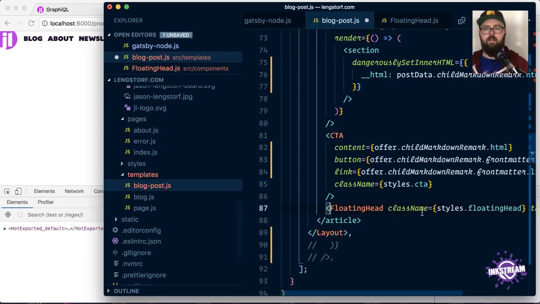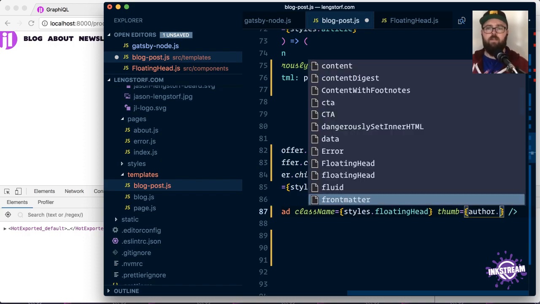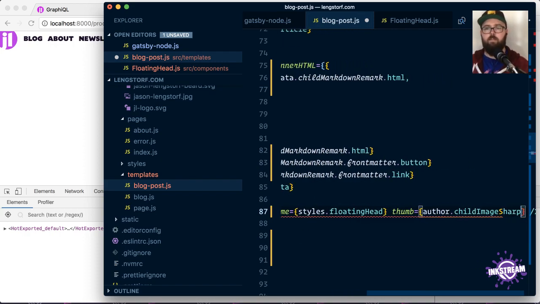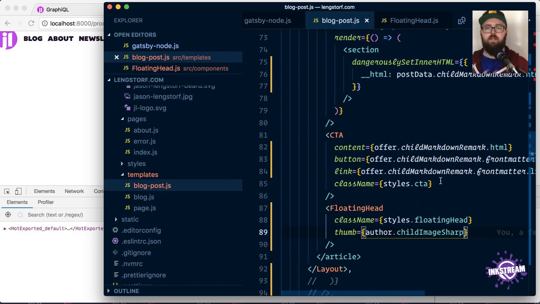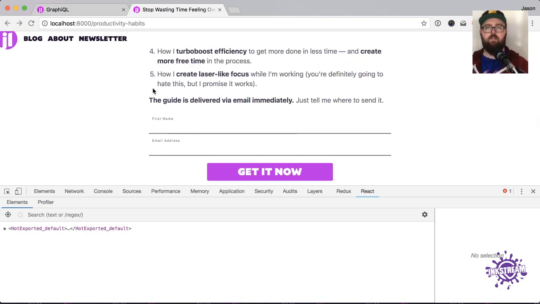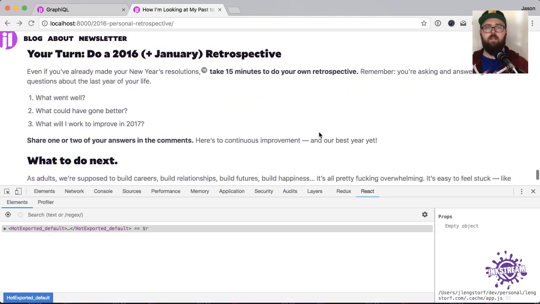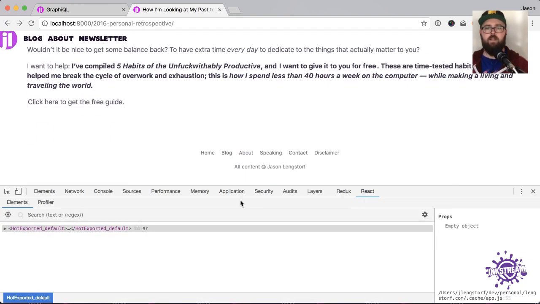So we can do that. And then this is going to be author child image sharp. That should give us our floating head, but that's got similar styling issues